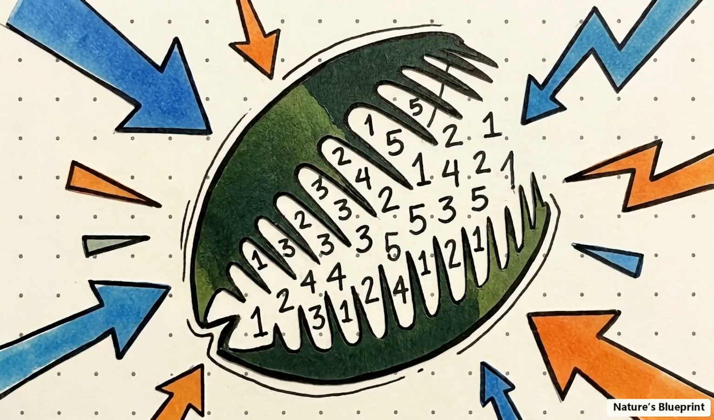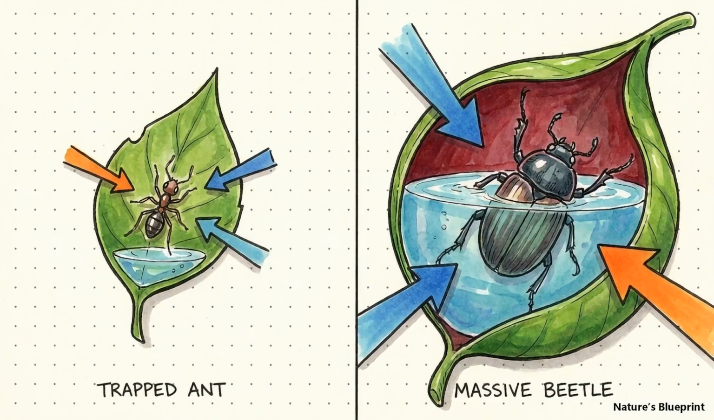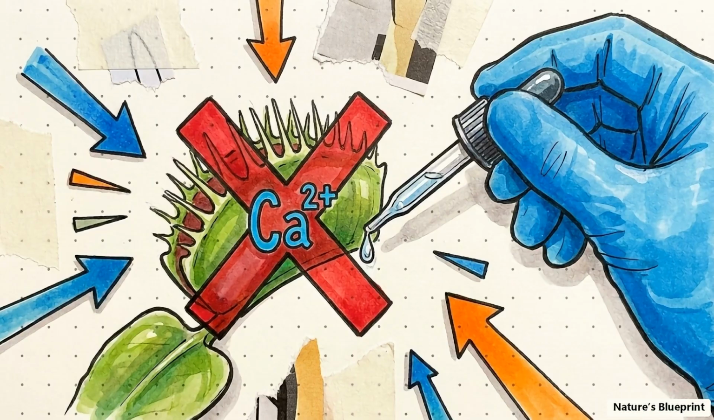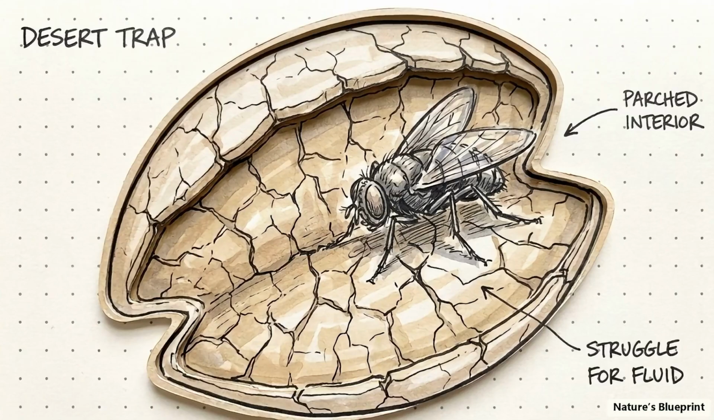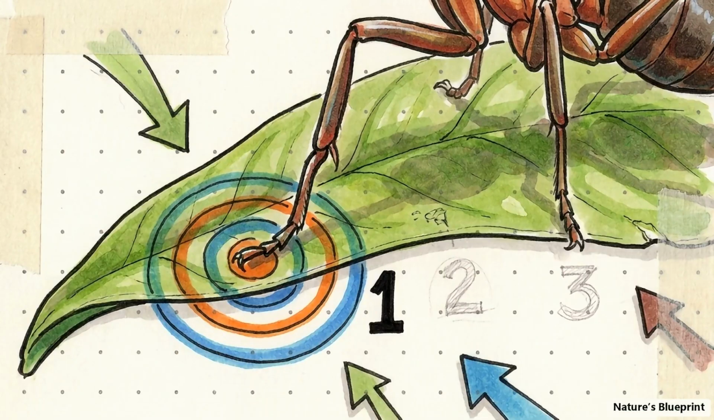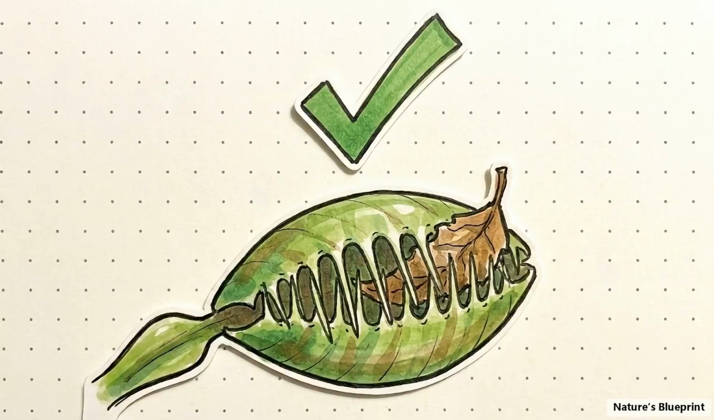The plant uses the total number of touches as data. More struggles indicate a larger insect, and the plant adjusts the volume of enzymes to match the size of the meal. These are mandatory checkpoints. If researchers artificially block that calcium signal, the trap remains bone dry, never producing digestive juice no matter how much the prey struggles. By literally counting the footsteps of its prey, the flytrap prevents itself from spending metabolic energy on